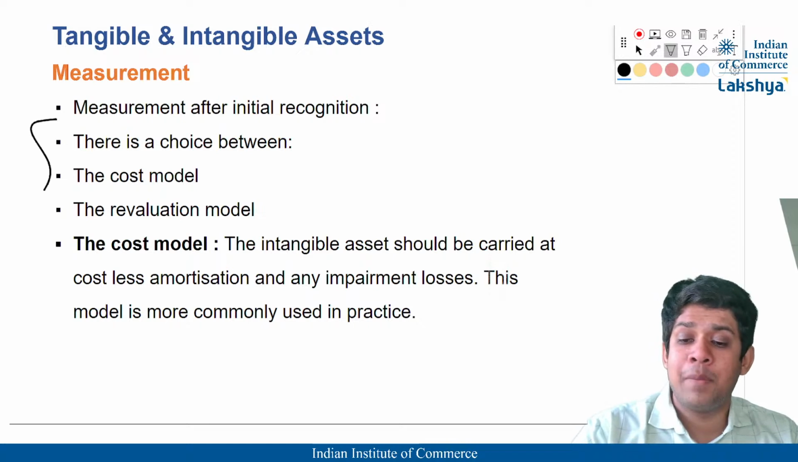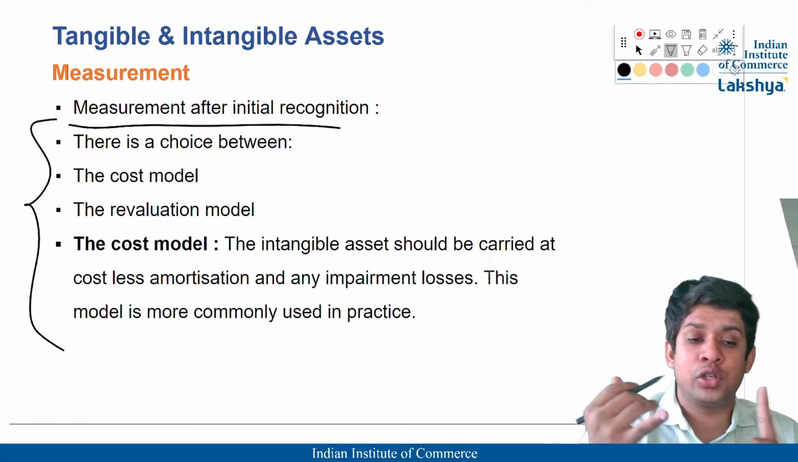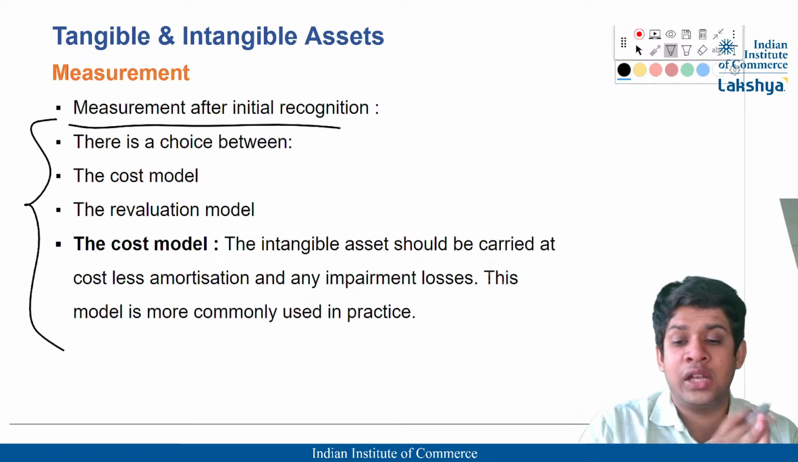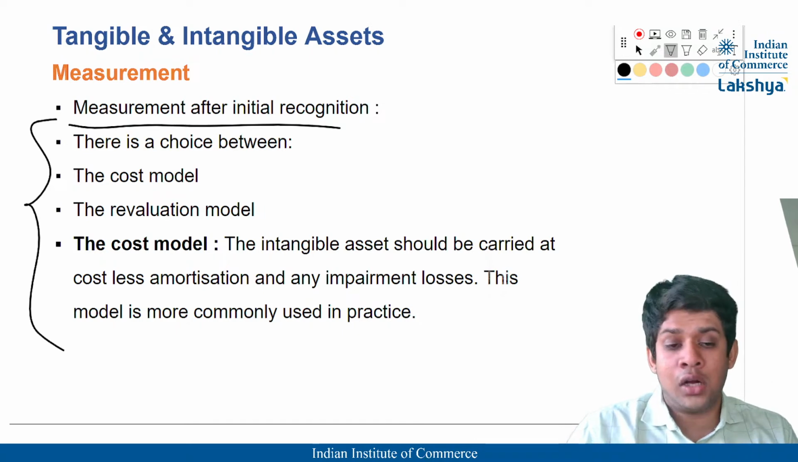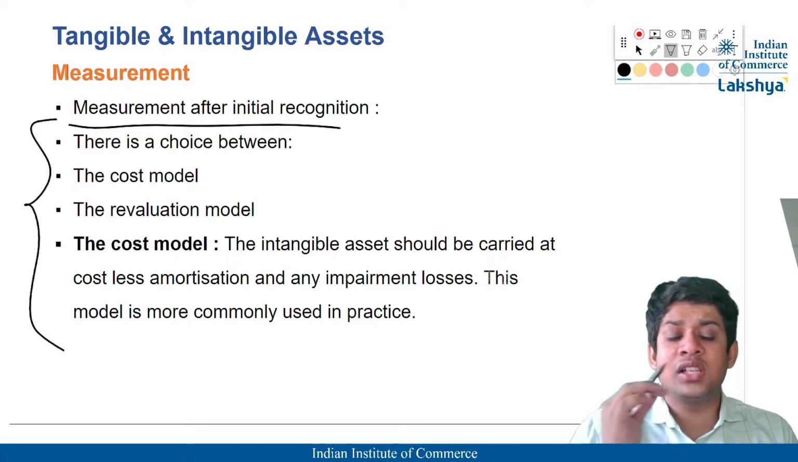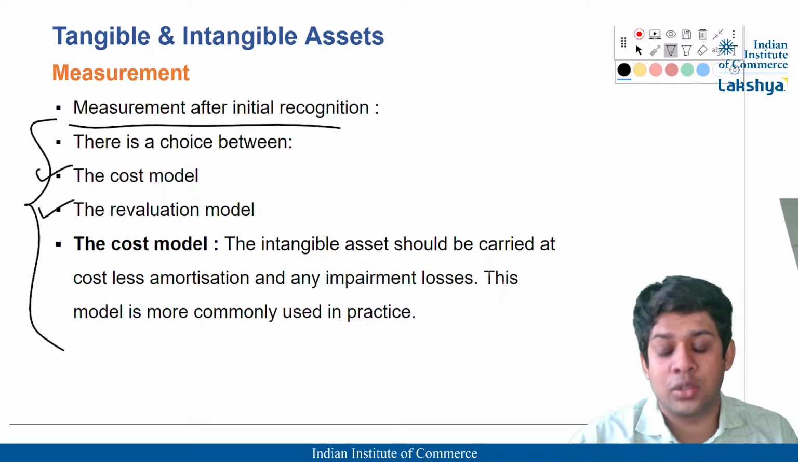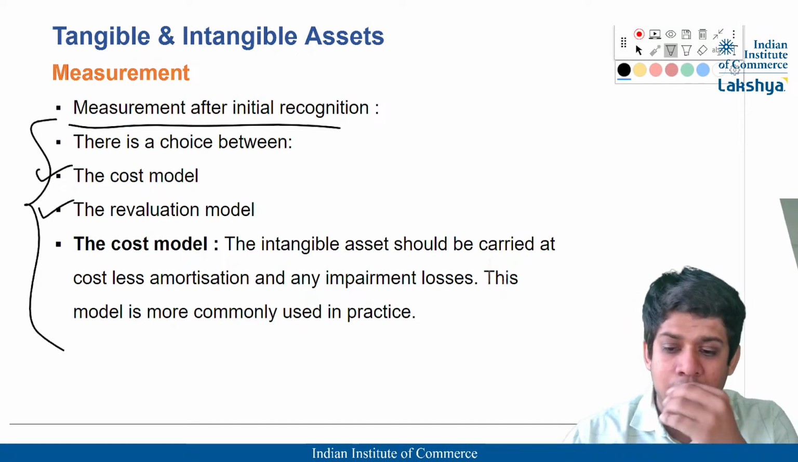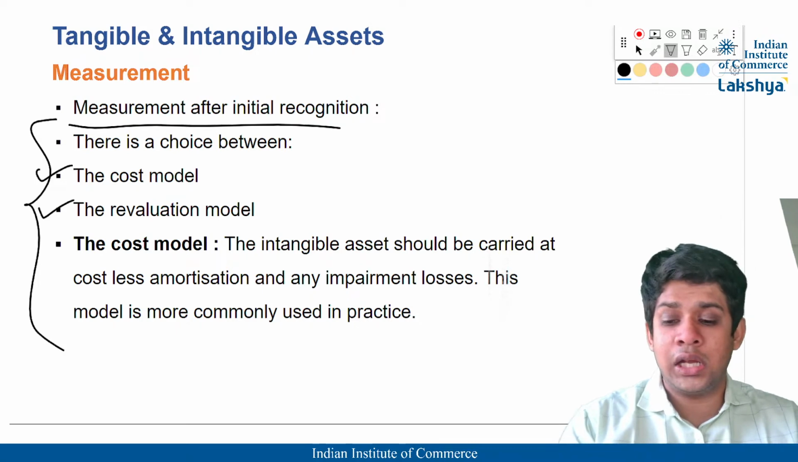Okay, now measurement after initial recognition. I've understood the initial recognition, I've understood the initial measurement, which is just the cost, right? And now we are going to understand the subsequent measurement. For the subsequent measurement, under IAS 16, we had the cost model and the revaluation model. We have the same two models under IAS 38 also for our intangible assets. Okay, the same two models will be adopted. The only difference here is that